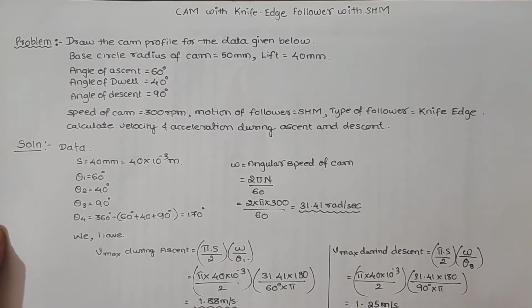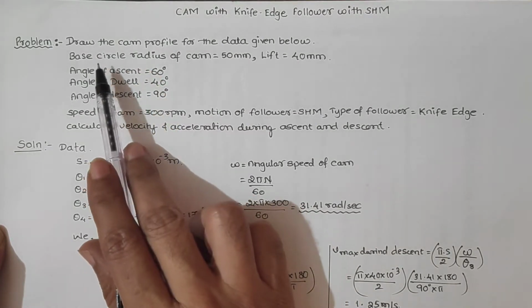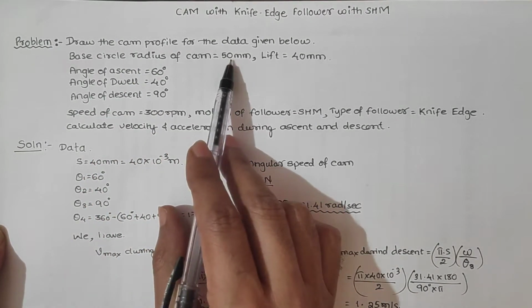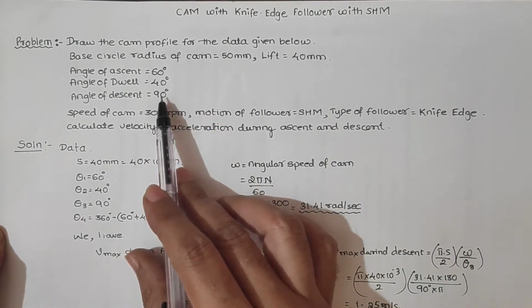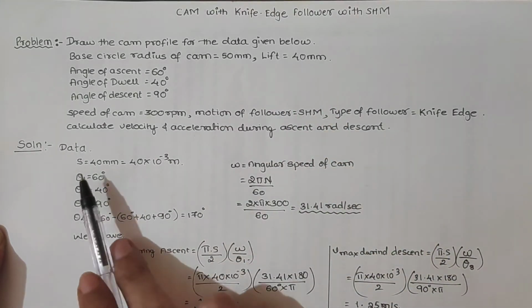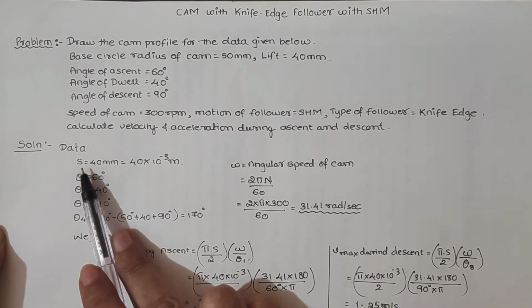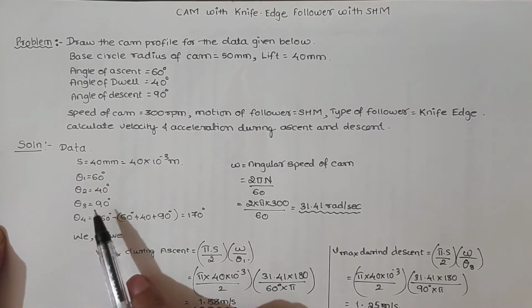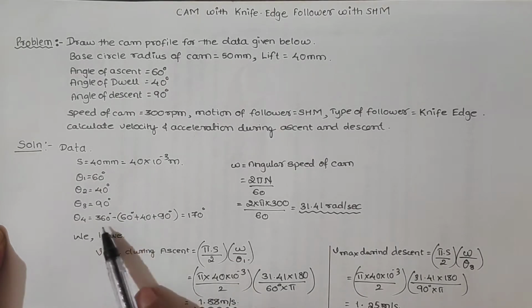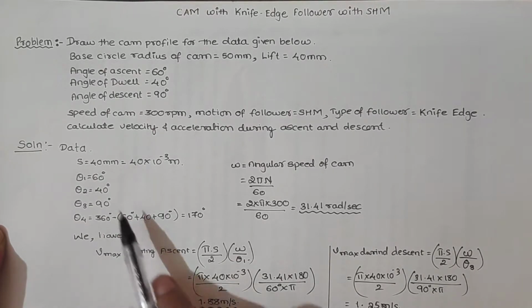Let's begin our session of drawing the cam profile for the given previous problem. So we'll recap our problem. The data given in the previous problem: a base circle radius of 50 mm, lift 40 mm, angle of ascent 60, angle of dwell 40, angle of descent 90 degree. So they were noted as S is equal to 40 mm, theta 1 equal to 60, theta 2 is 40 degree, theta 3 is equal to 90 degree, and theta 4 equal to 360 minus summation of all this one,